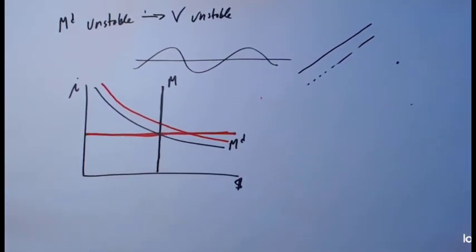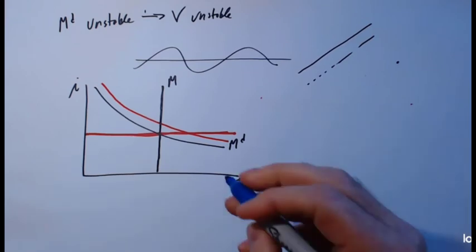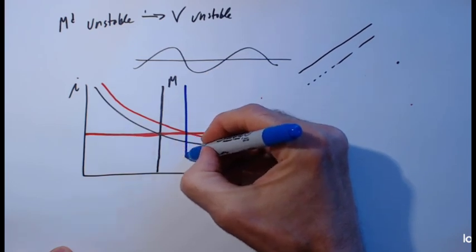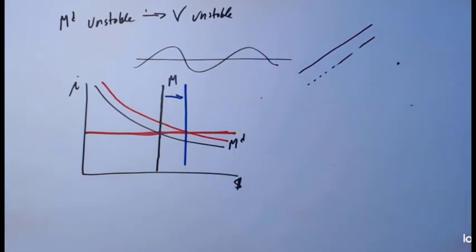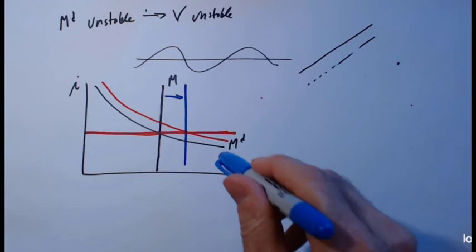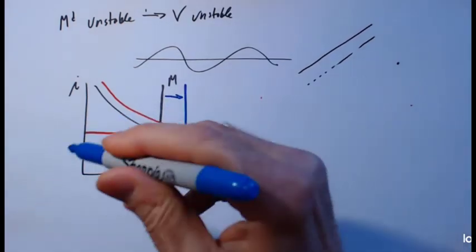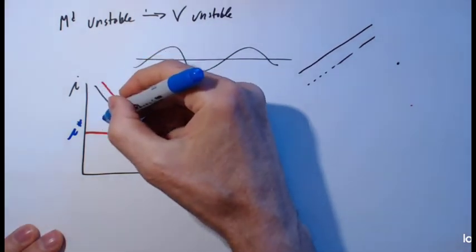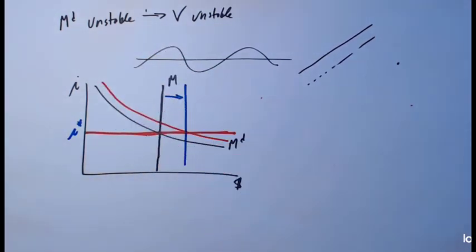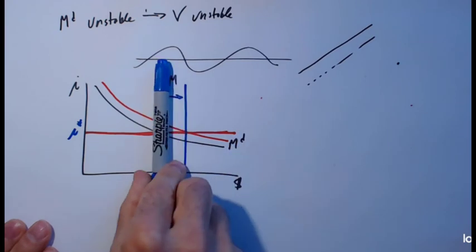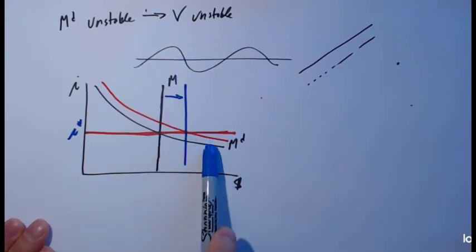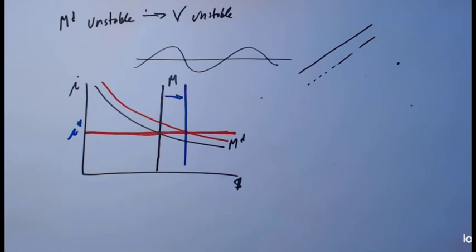Well, what the Fed could do, get some marker here, is if money demand went up suddenly and unexpectedly, it could increase the money supply, right? And move it out to keep interest rates at this nice, stable I star. Or vice versa. If money demand drops, money supply would move off to the left. So what the Fed can do is adjust the money supply to counteract the changing money demand, the unpredictable component of changing money demand.